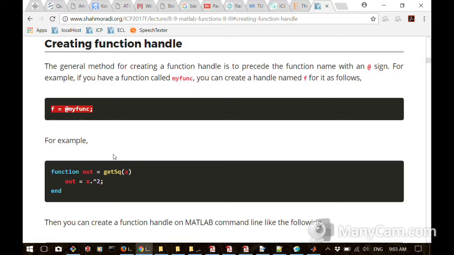No. So I'm talking about the handle. I'm telling you f here in this case equals @ my func. F is pointing to my func. When you use that function handle symbol, which is @, basically that @ says f is going to point to this function from now on, right? So whenever you call f,